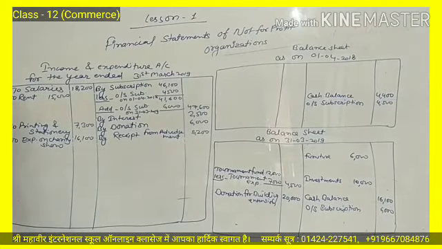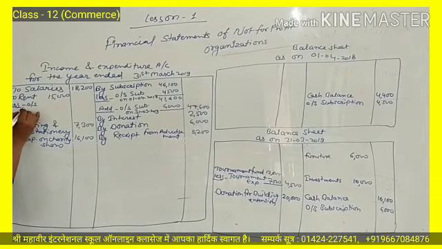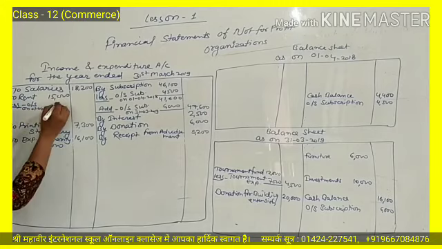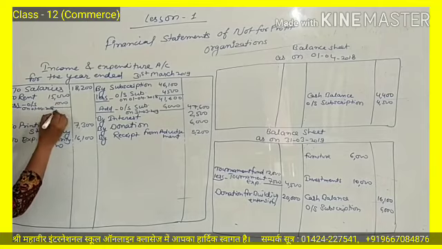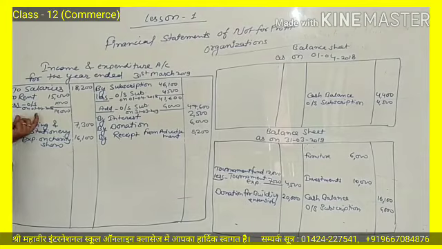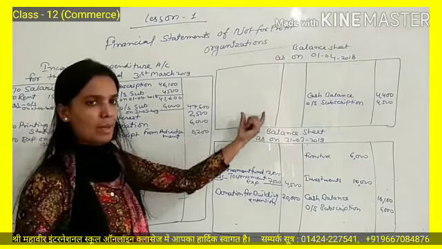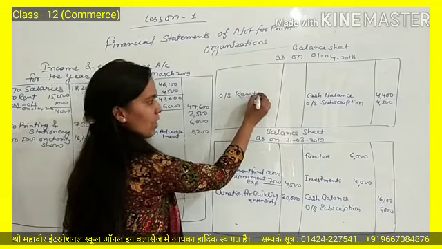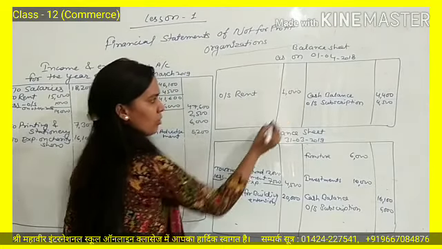Now rent outstanding at the beginning of the year was 1,000 rupees. Same process we have to do for the rent. Rent outstanding on 1st April 2018, means that is last year's outstanding, 1,000 rupees, means the amount is 14,000. 1,000, this is outstanding expense. So outstanding expense is a liability for us, so it will be shown in the liability side. Outstanding rent 1,000.